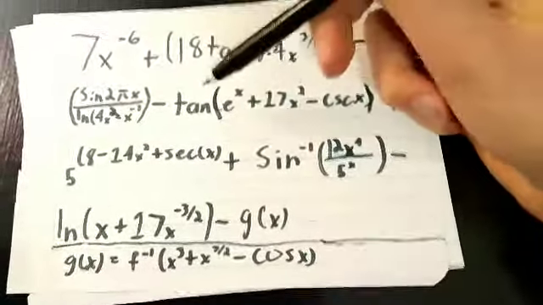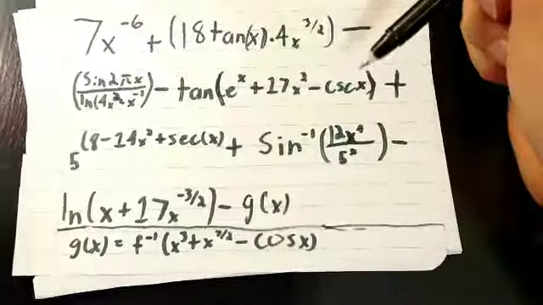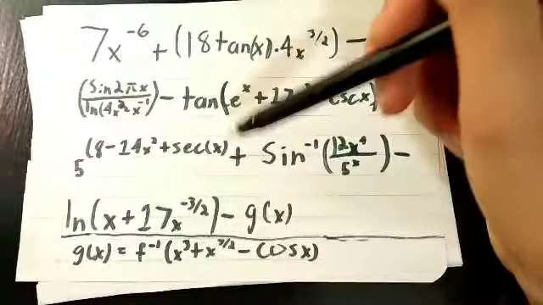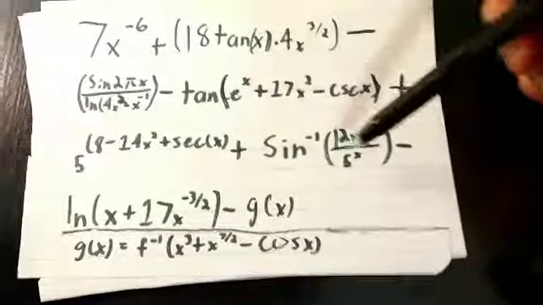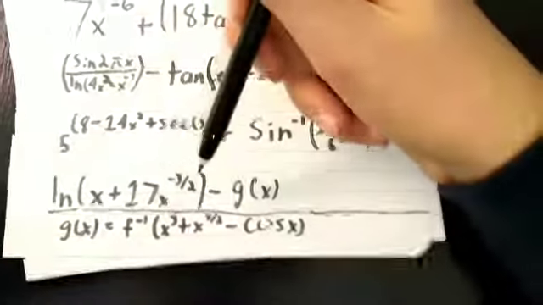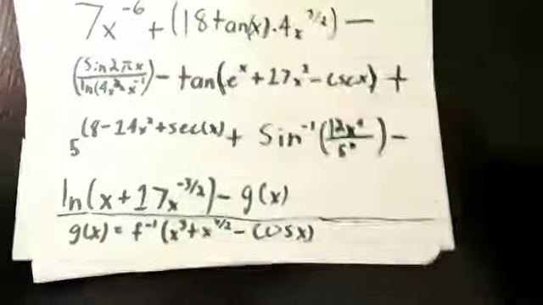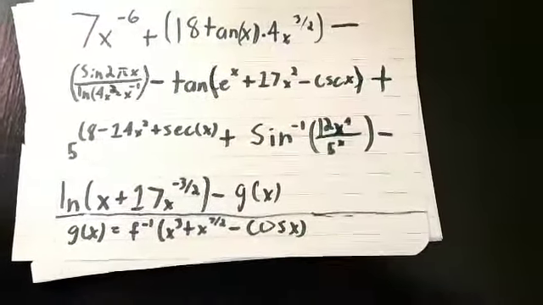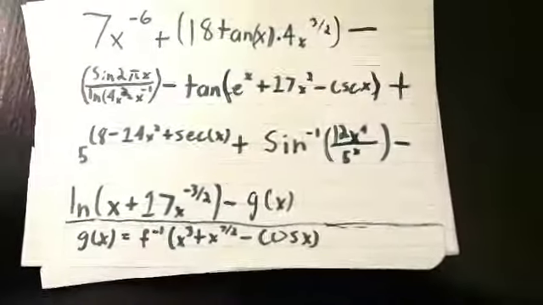first, minus tangent of e to the x plus 17x squared minus cosecant x, plus 5 to the power of 8 minus 14x squared plus secant x plus inverse sine of 12x to the fourth over 5 to the x, minus the natural log of x plus 17x to the negative 3 halves, minus g of x, where g of x is equal to the inverse of x to the third plus x to 7 halves minus cosine